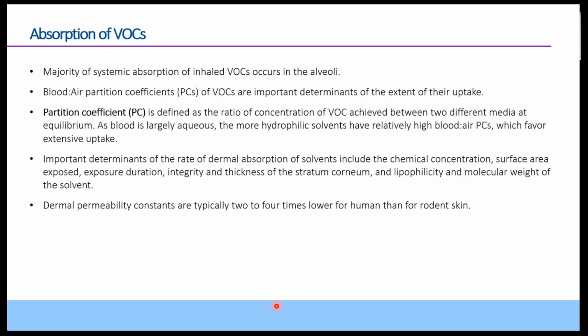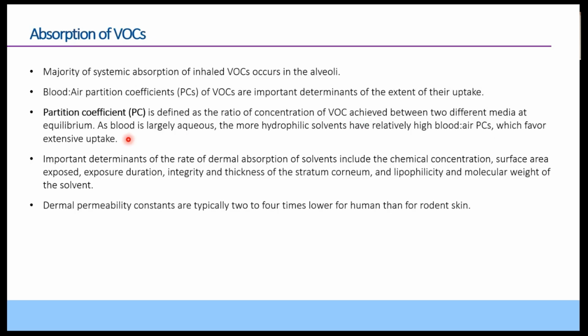Then moving on to the absorption of VOCs. The majority of systemic absorption of inhaled VOCs occurs in the alveoli. The blood to air partition coefficient of VOCs is an important determinant of the extent of their uptake. The partition coefficient is defined as the ratio of concentration of VOC achieved between two different media at equilibrium. As blood is largely aqueous, the more hydrophilic solvents have a relatively high blood to air partition coefficient, which favors their